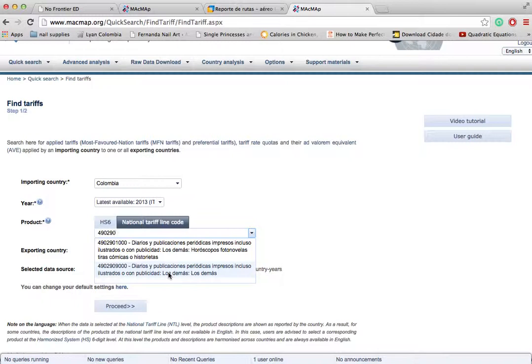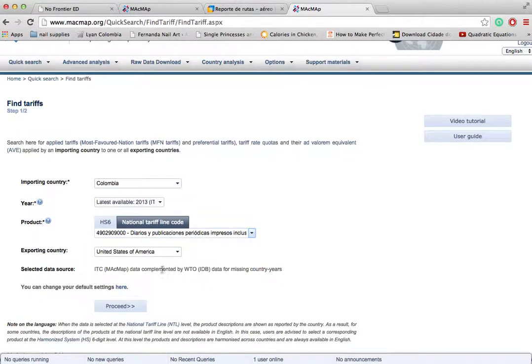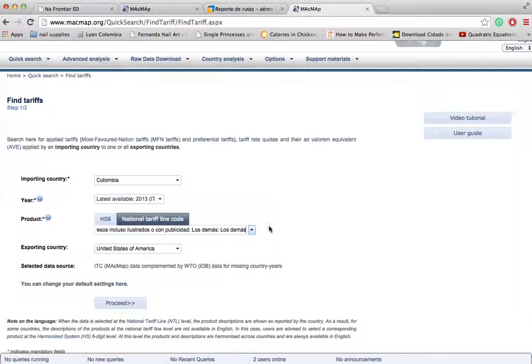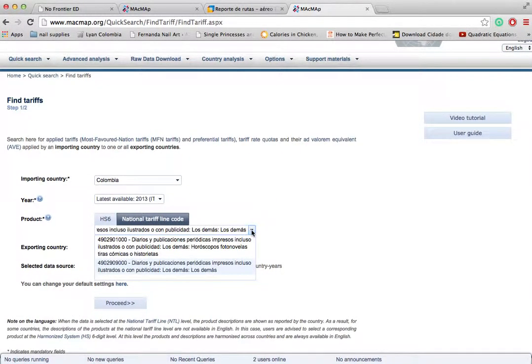So the 10-digit code is this one, 490290, which is the HS6, and 4 more digits for the 10-digit code. So 4902909000. Diarios y publicaciones periódicas impresos, incluso ilustrados o con publicidad, los demás. Why did I choose this and not this? Because here it says novels and comic books, and we have a magazine about mechanics, so it's going to be this one. So now we have our code, which is